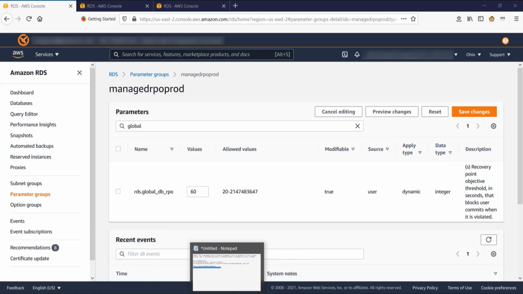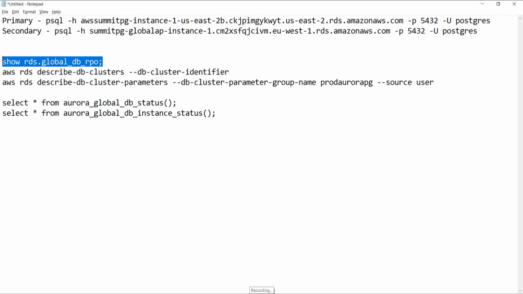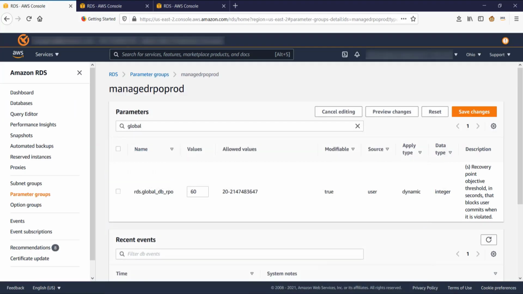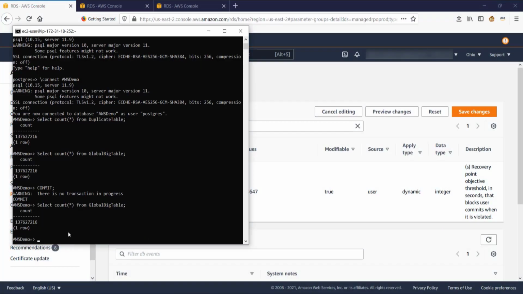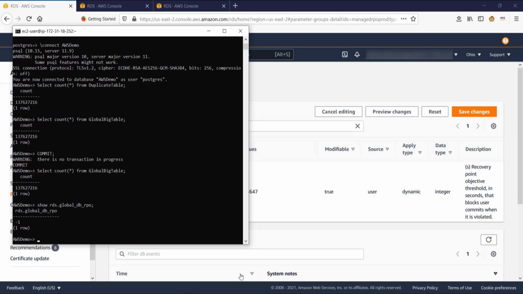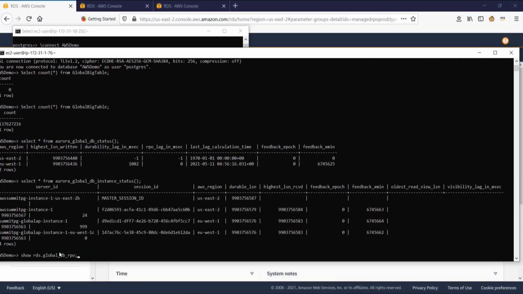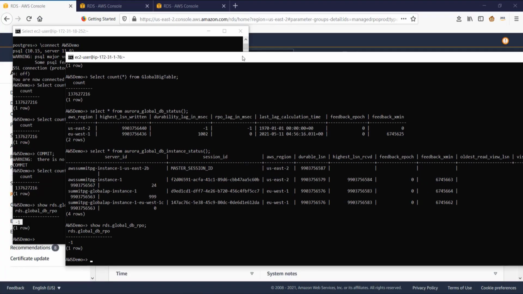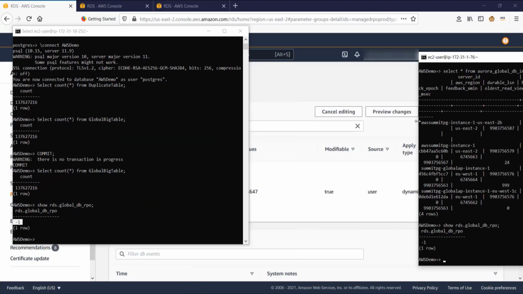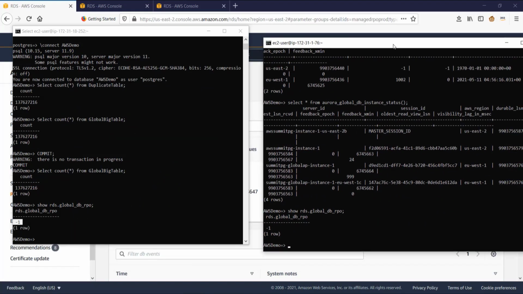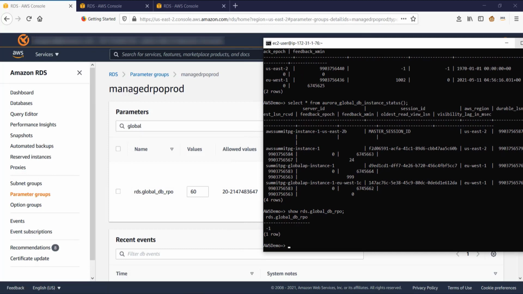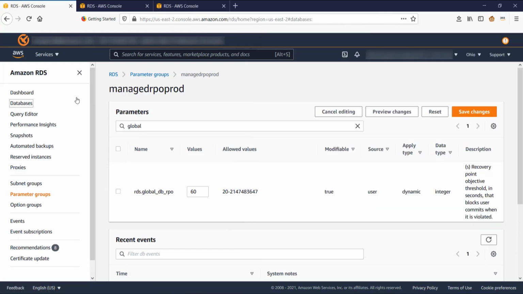before making the change, let's say I quickly want to see what is my current managed RPO. So I can run this command, show RDS DB RPO, and if it is -1, that means it's the default value. I can also run this command on my secondary as well, right? So let me go ahead and apply this parameter group